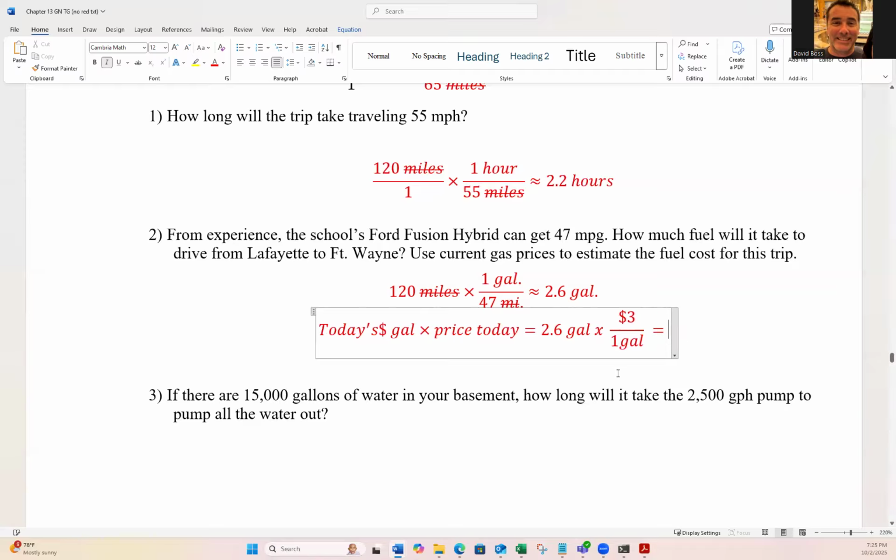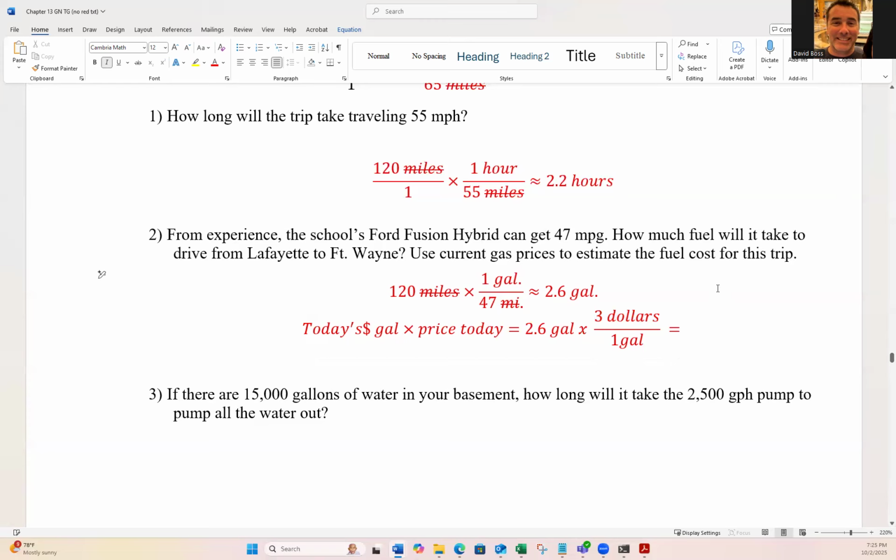Okay. So we want cost. Use current gas prices to estimate the fuel cost for the trip. So we want to have dollars. No, hold on. Let me get rid of this. There we go. So you want to have dollars left over. So gallons will cancel out. All right, so now we have dollars left over, which is what we want. We want the dollar estimate for this trip. So it's going to be 2.6 times $3 divided by 1, which is going to equal